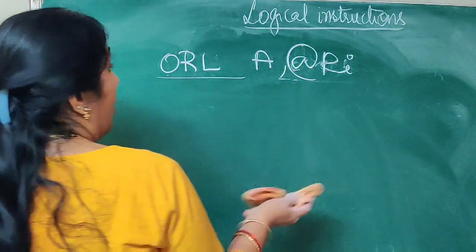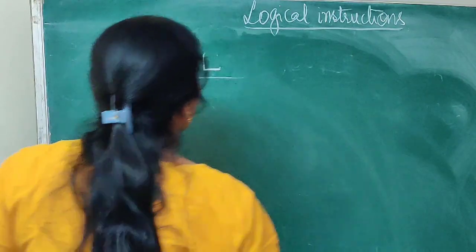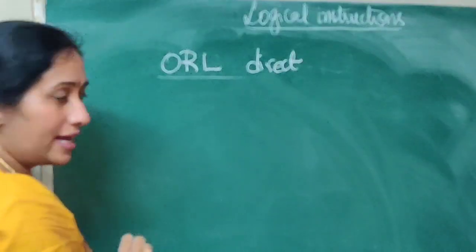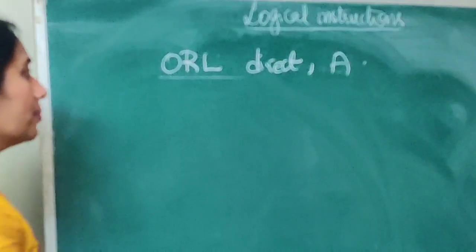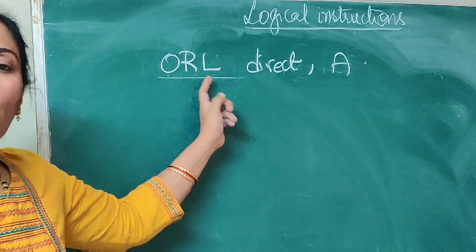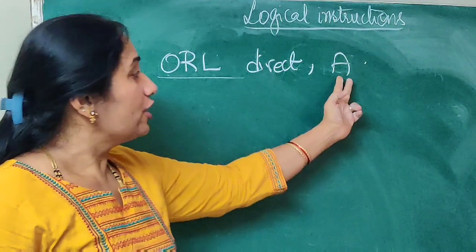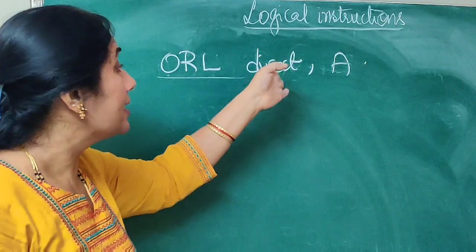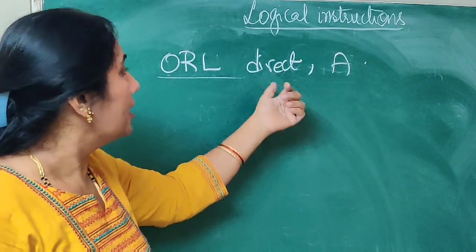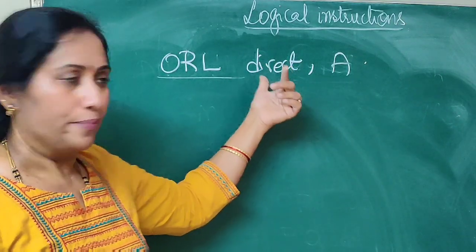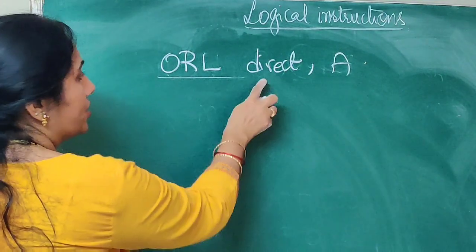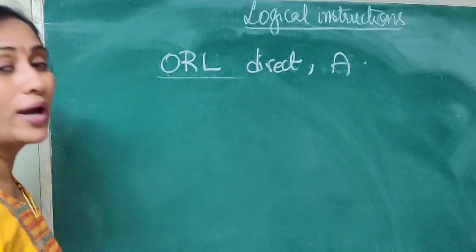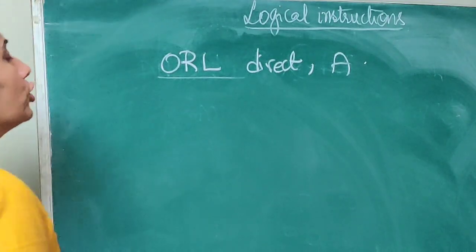Now, like in the AND operation, the destination is the direct address and the source is the accumulator. Instead of ANL, I have ORL here, which performs the OR operation. The content of the accumulator will get ORed with the contents of the memory location whose address is specified in the instruction, and the result will be placed in the direct address only. So this is the meaning. What is the length of the instruction? It is 2 bytes. Here I write one address and the opcode takes 1 byte, so the total length is 2 bytes.